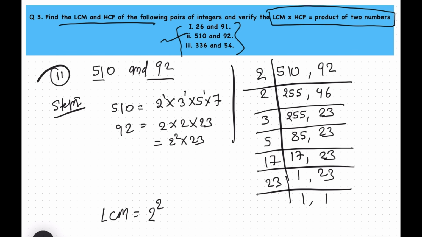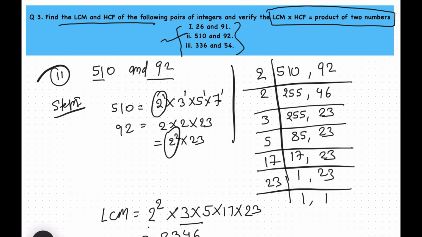So for 2 the highest power is the square, so we'll take the square. Then 3 and the other numbers just 1 only: 17 and 23. So this is 4 times 3 times 5 times 17 times 23. You can take your time and do the calculation. If you multiply them all, you will get